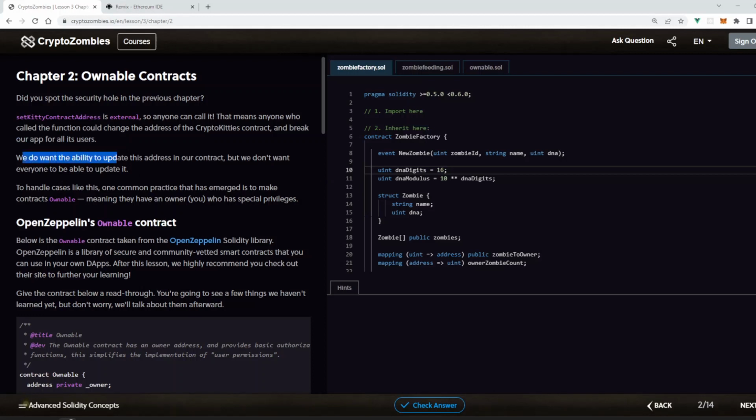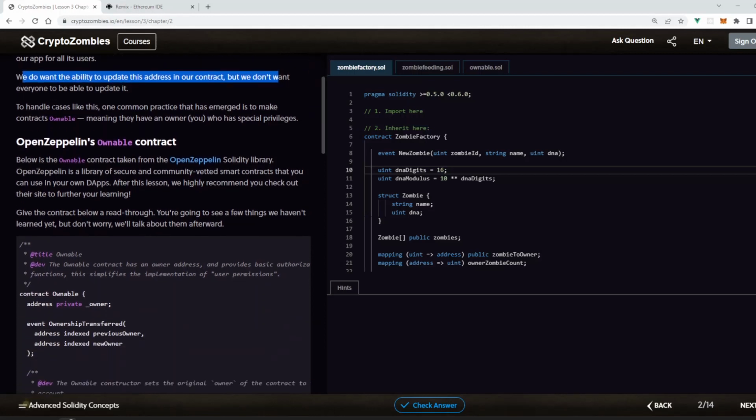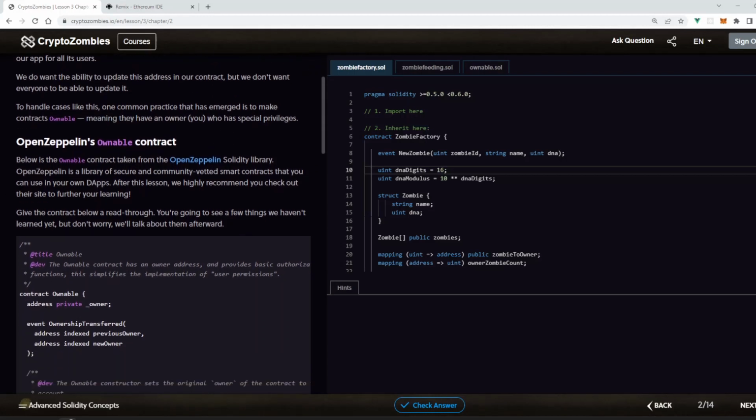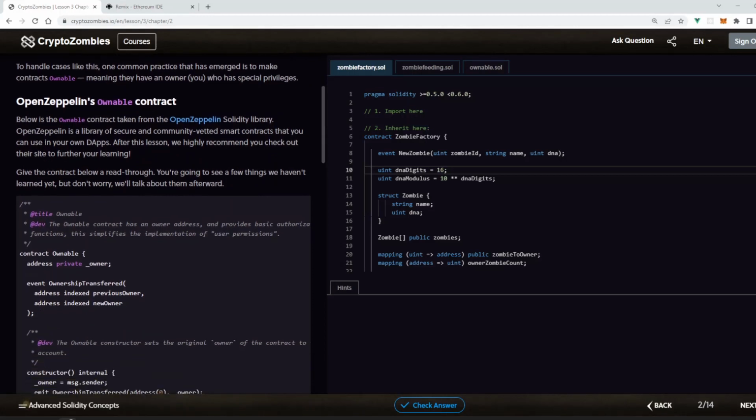We do want the ability to update this address in our contract, but we don't want everyone to be able to update it. To handle cases like this, one common practice that has emerged is to make contracts ownable, meaning they have an owner who has special privileges. Below is the Ownable contract taken from the OpenZeppelin Solidity library. OpenZeppelin is a library of secure and community-vetted smart contracts that you can use in your own DApps. After this lesson, we highly recommend you check out their site